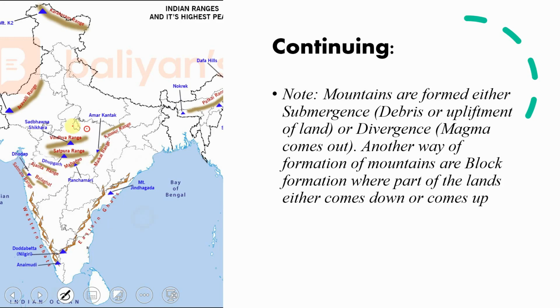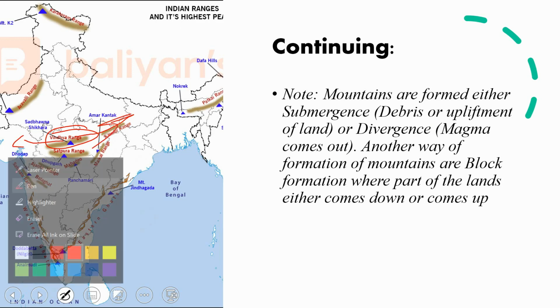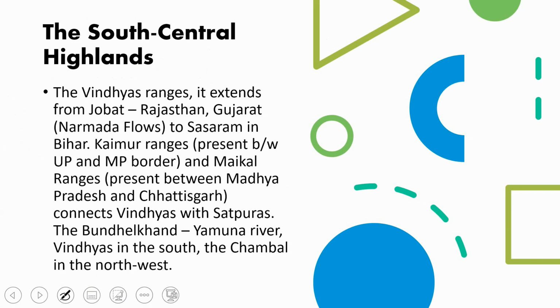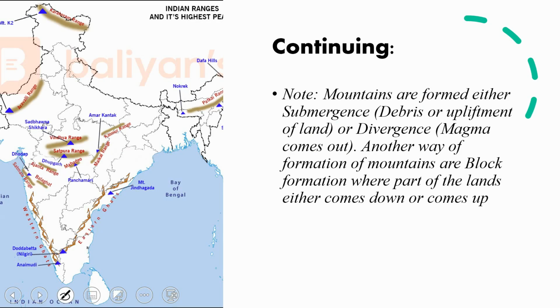It seems like it is present here only. No, it is actually extended here, then it will extend till Bihar and other parts also. Okay, the same thing it is talking about there, that the Vindhyas range extends from Jobat, that is Rajasthan, Gujarat, to Sasaram in Bihar, and Kaimur ranges are present between the UP and MP border. Okay, so Kaimur ranges is present here, that is the UP and MP border,